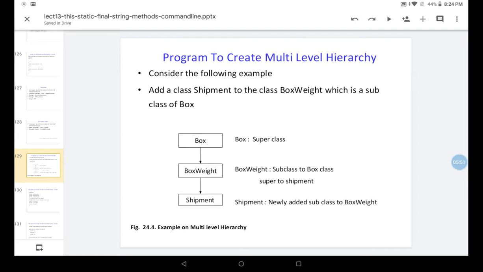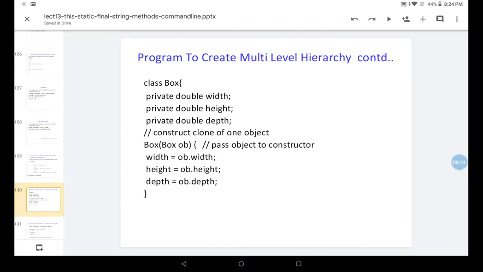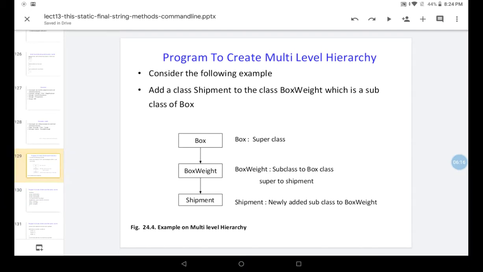Now we are adding the Shipment class as a subclass of BoxWeight. Here Shipment is a newly added subclass of BoxWeight, and BoxWeight is the subclass of Box. So what happens here is that the Shipment class inherits properties from both BoxWeight and Box.